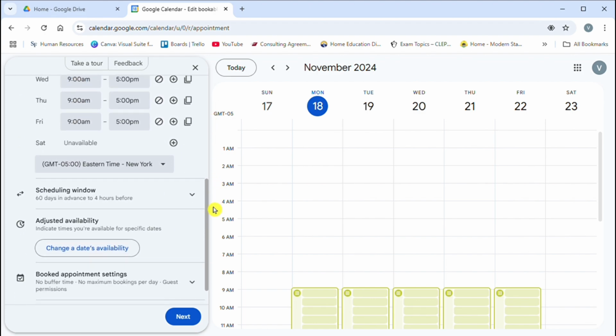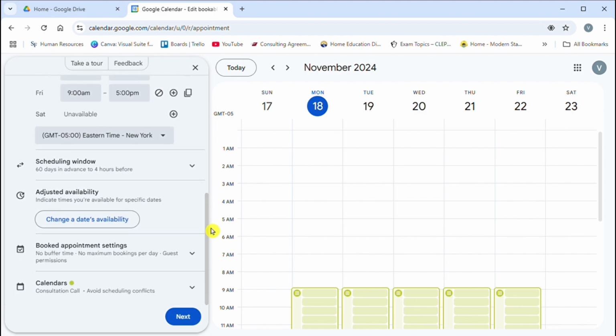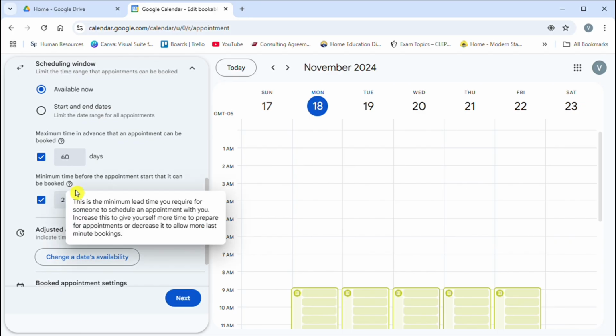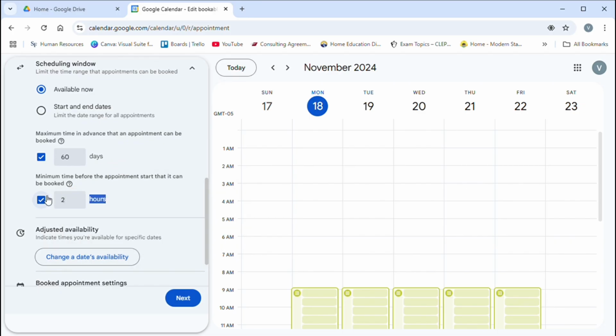And then you just set your availability for the week. So my availability is very part-time and different, but you can manipulate each and every day. And then also, let's say normally you operate from 10 to 3 on Saturdays, but every other Saturday you have something going on where you wouldn't be available. You can change a specific date's availability below, or it says adjusted availability, and then there's that oval that says change dates availability. You can click on that and adjust and manipulate